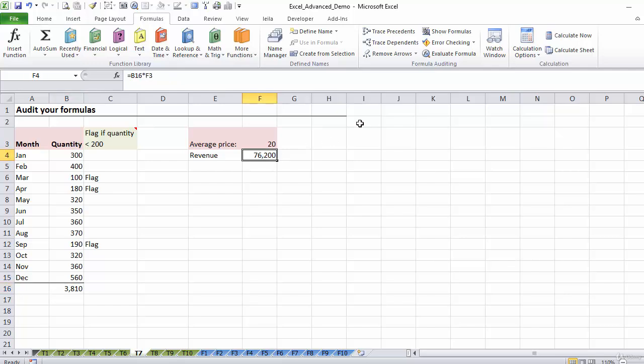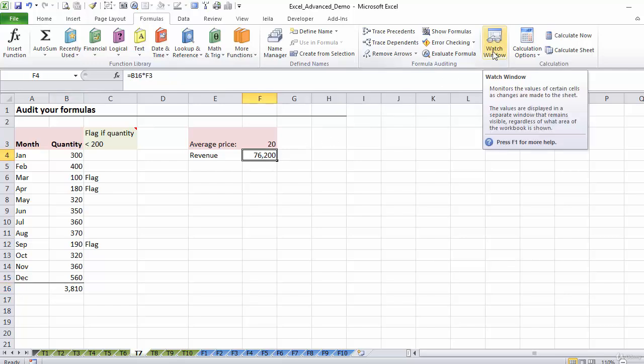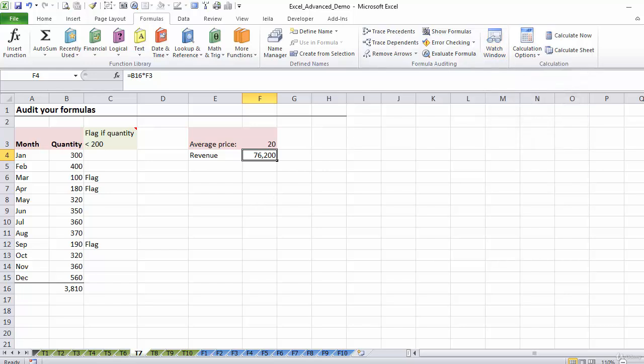Another one that can come in handy is the watch window. The watch window is great for people who work with bigger files and who work with cells that are dependent on other formulas in other worksheets. So for example, in this case, the revenue is basically just this quantity multiplied by the average price that I've typed here. But if, for example, this average price was being derived from another sheet,